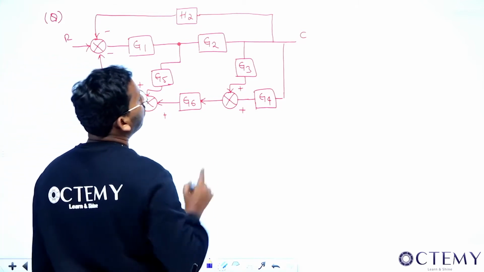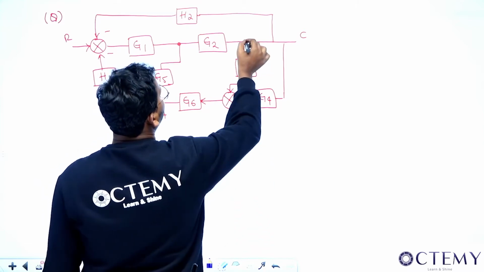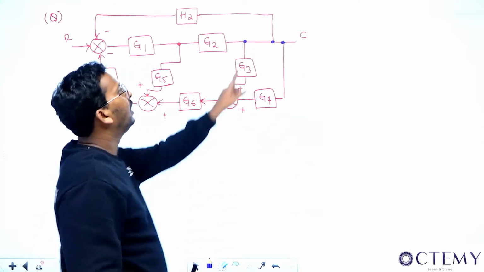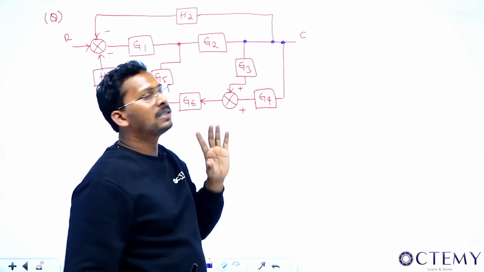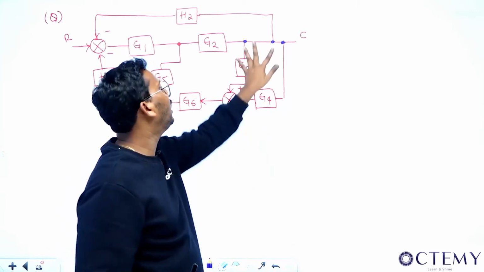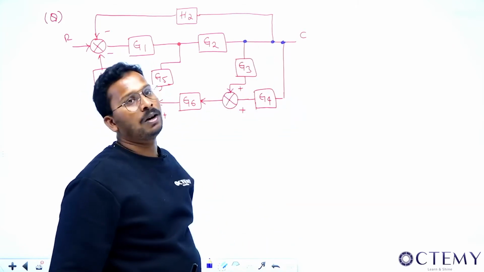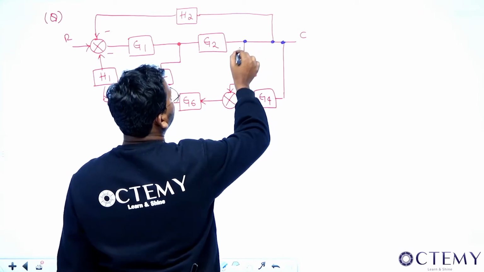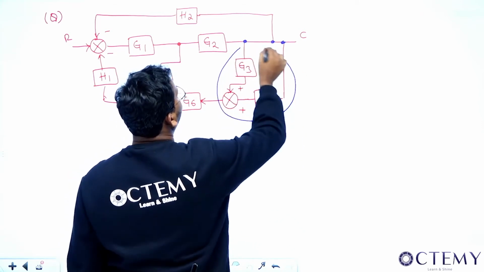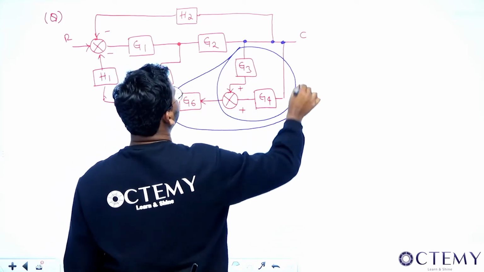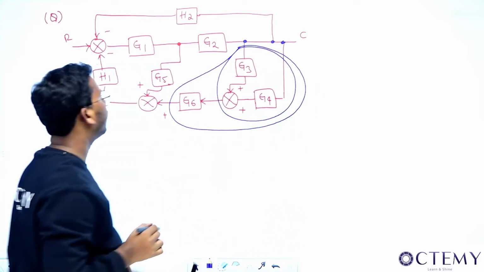If you observe, one thing you should know clearly is that this point, this point, this point are the same, right? You write it here, you write it here, it doesn't matter, because they are on the same loop, because after that there is no gain. Even if there is gain, you can interchange them however you want. That means this and this are in parallel, sir. This and this are in parallel, and these are in cascade. Whatever this is in, it is in cascade, right?